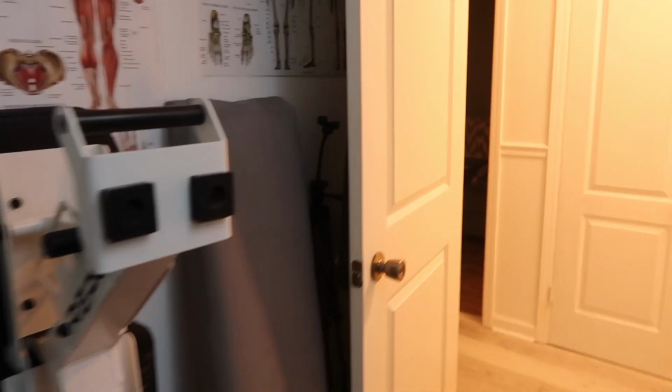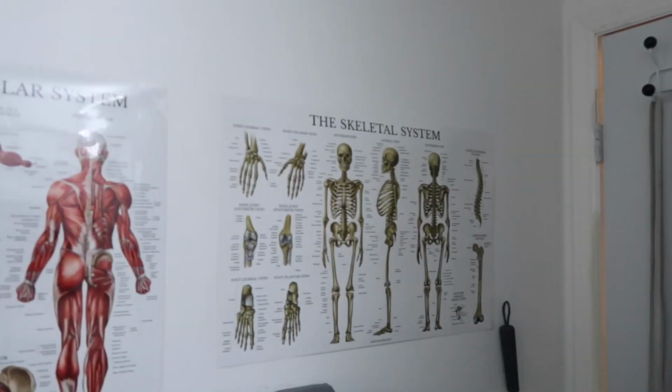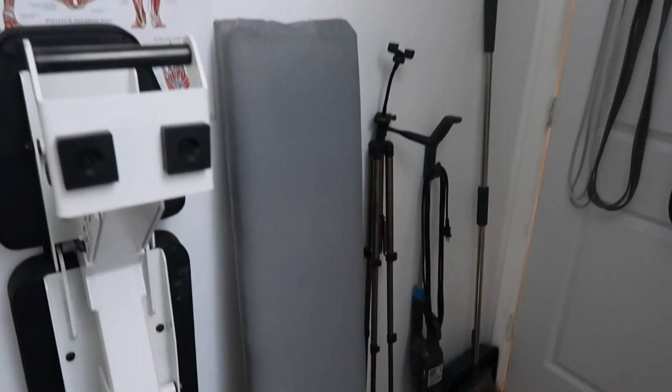I'll show you from this side. I'll close this. I've got the wall of bands. I'll hang my bag up there when I get in. Some pictures, cleaning stuff, a tripod, and my scale. And then this is a